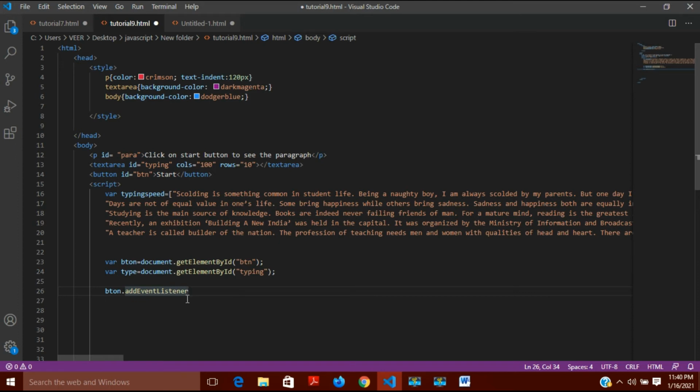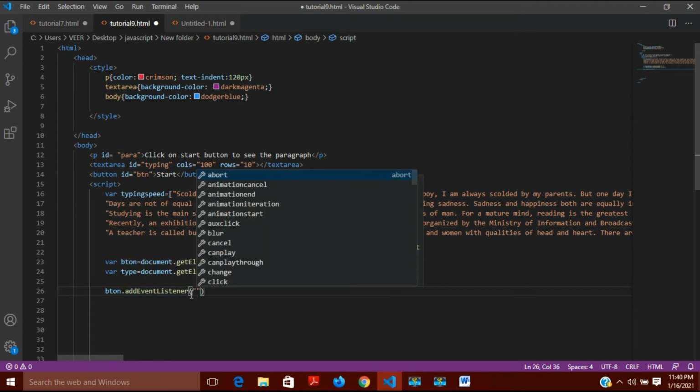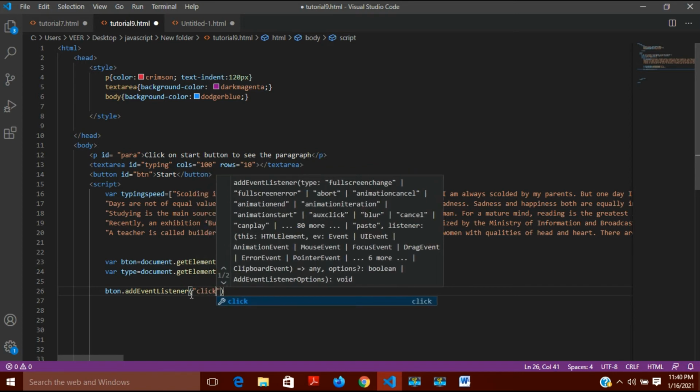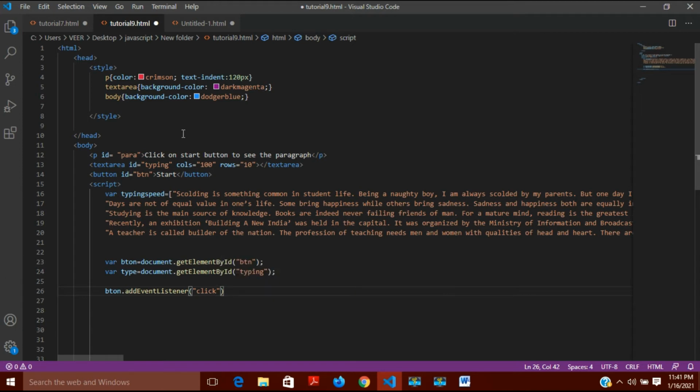So button dot add event listener, and what event should occur, that it should be a click. So there should be a click, and on click what should happen? For this now I will have to create a function.